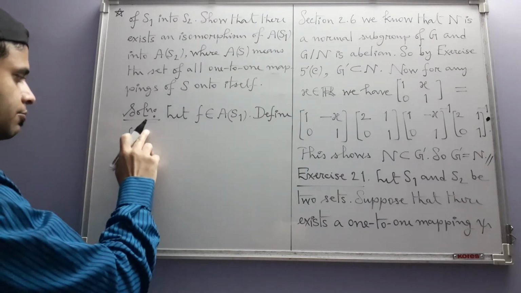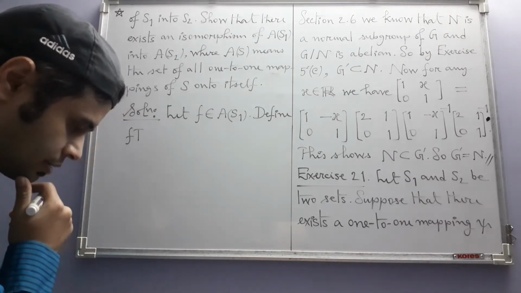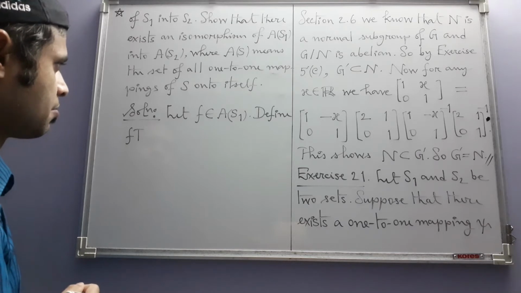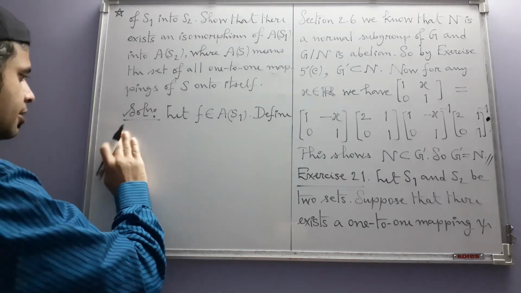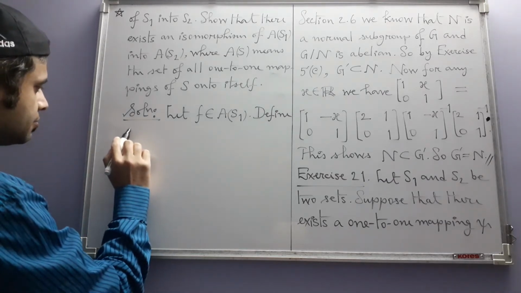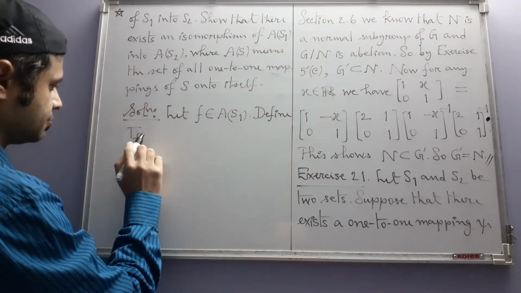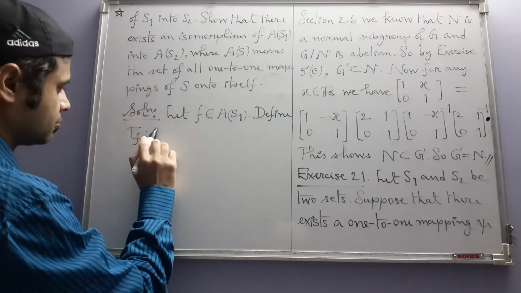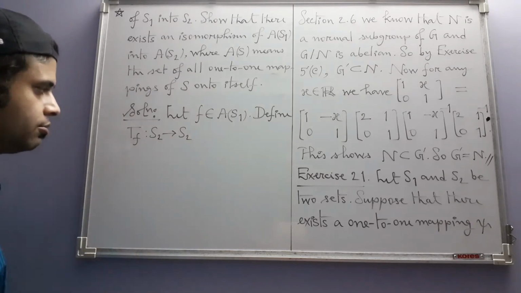Do not think of T as something else, but this notation may be a little confusing. Let me use another notation, Tf, which is going to be a map from S2 into itself